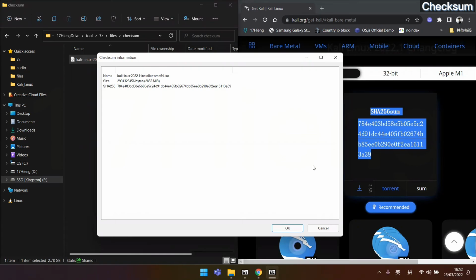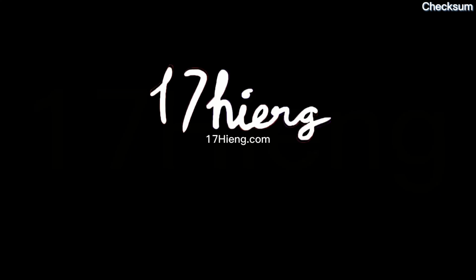You can see that both of them are the same, so that means the file is the same as the original file from the official website. Today, we're going to end here.